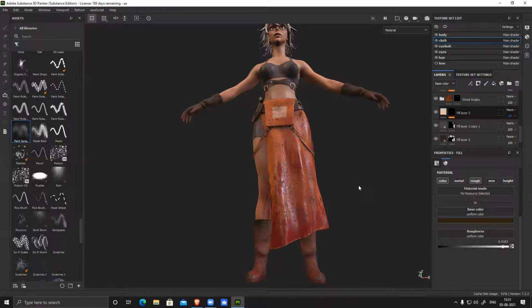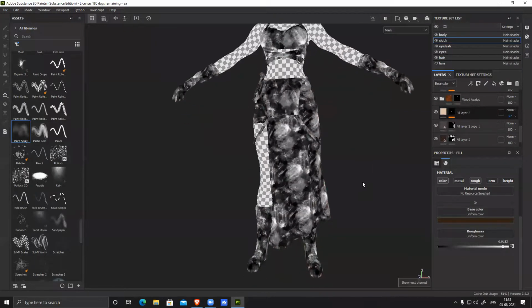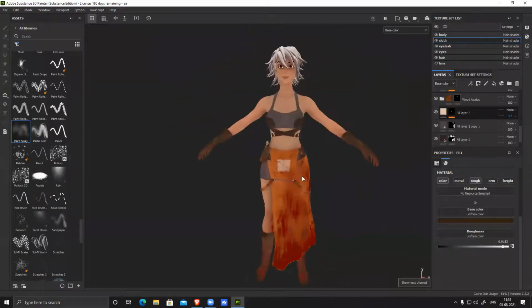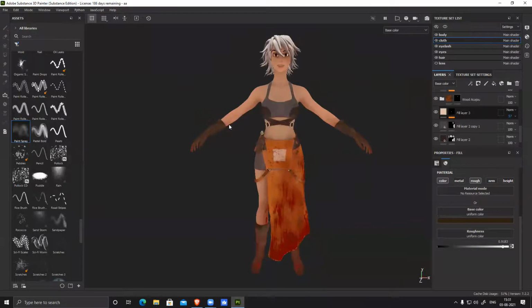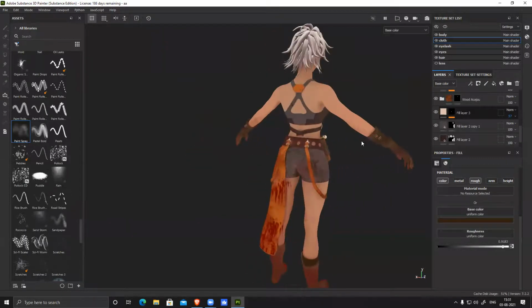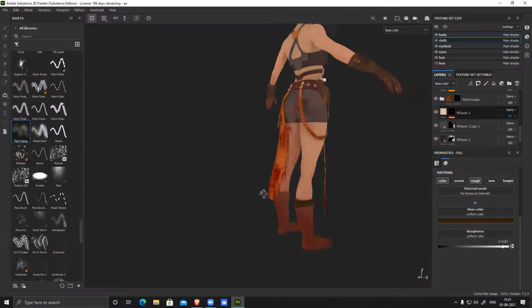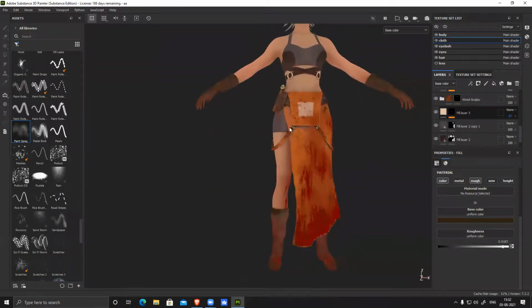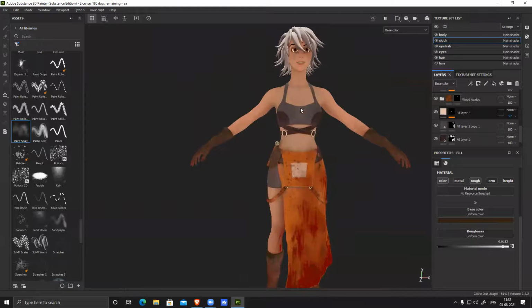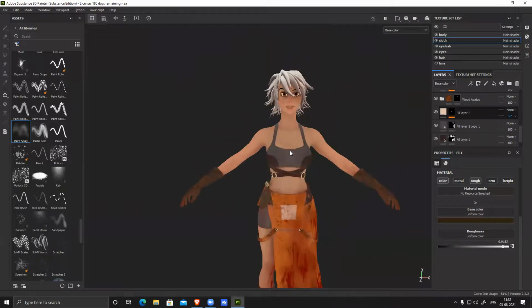Like blood is slightly glossy, so make it slightly glossy. Cloth is little matte, so make it little matte. So there should be surface variation. If you press C, you can see this is your diffuse. So in diffuse itself, you should have decent amount of color tonal variation, all kind of depth and contact part. This is okay, this is generating because of this. Okay, I have to fix this. Okay, so make sure all this dirt is there, all these things are there. It's a part of your diffuse itself.